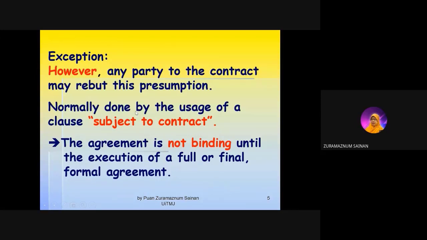Contoh yang biasa digunakan yang ni, subject to contract, tertakluk kepada kontrak. So this is different dengan biasa apa yang you biasa dengar. You biasa dengar tak? Tertakluk kepada terma dan syarat. Benar. That bukan yang kita maksudkan kat sini.